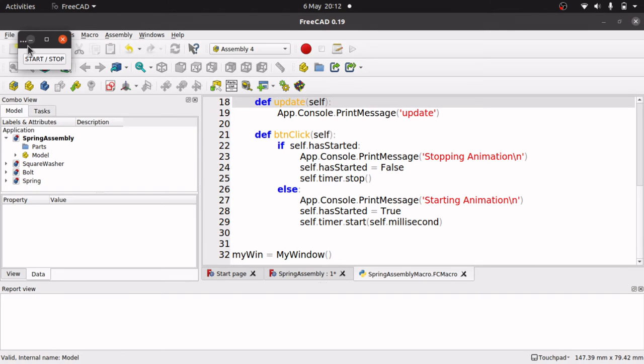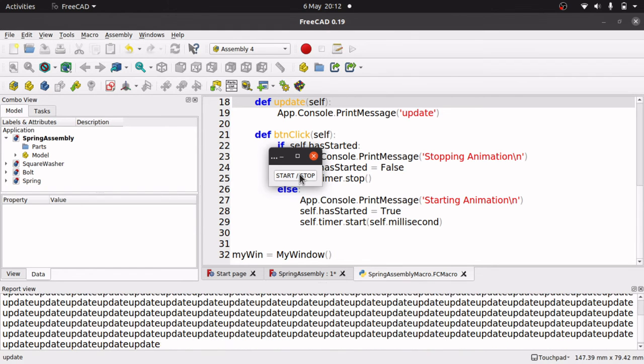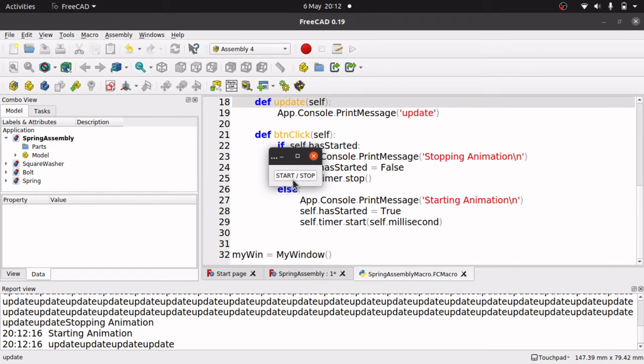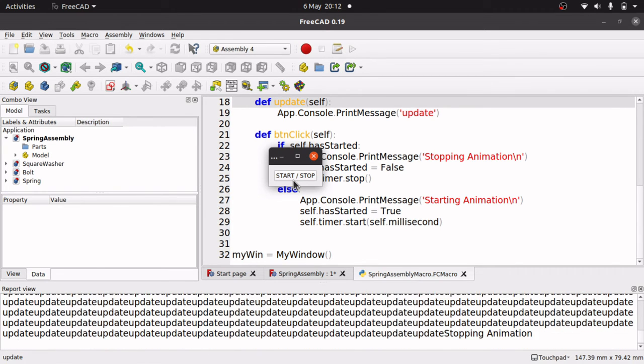Give that a go. So that's started the application. Hit start, and we can see the update is running there. Hit stop, and the animation stopped. The animation timer stopped, and that's exactly what we want. So now we've got a basic animation timer there,